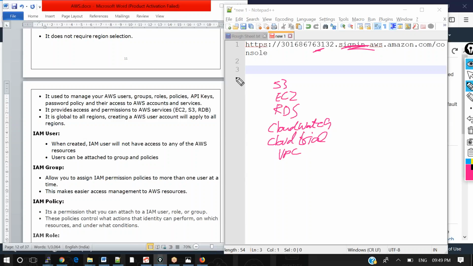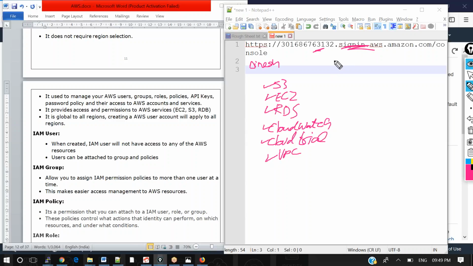Today Dinesh is joining my company. After creating him as an IAM user, I need to add a policy for S3, EC2, RDS, CloudWatch, CloudTrail, and VPC.